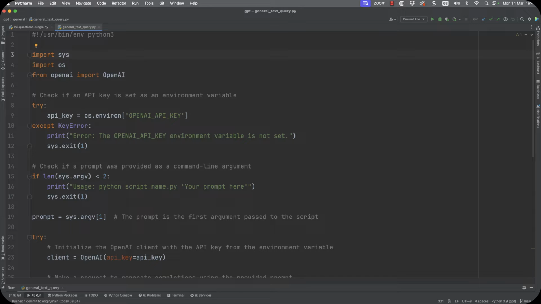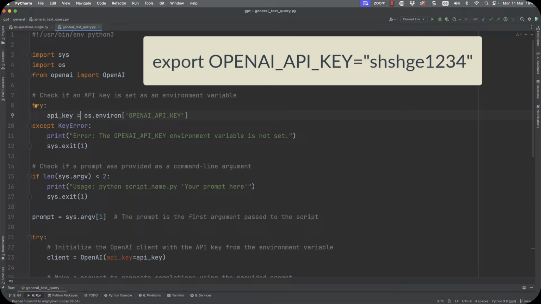So this is a lot of our hard work that we're doing, and we can then take a look at the try statement. Here we're going to populate the API key variable by reading in the environment variable OPENAI_API_KEY.